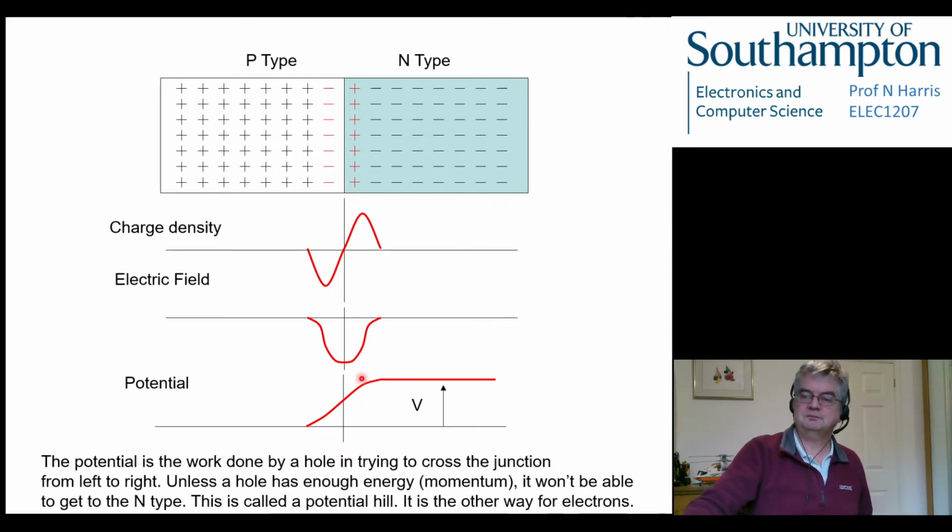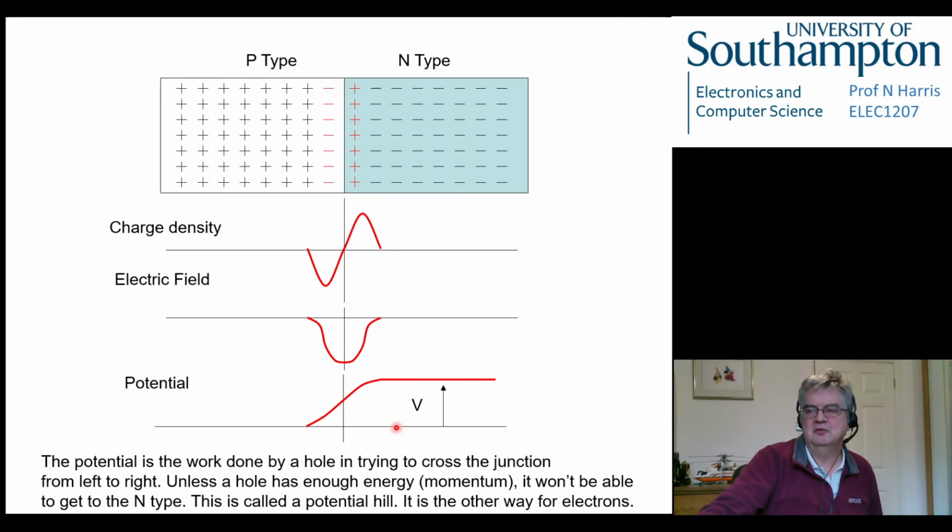So one way of thinking of this is the potential is the work done by a hole in trying to cross the junction from left to right. So we've got a hole over here and it wants to get over here for some reason, best known to itself. Diffusion is driving it a little bit, so it's got a little bit of bias going this way. If you give it enough energy